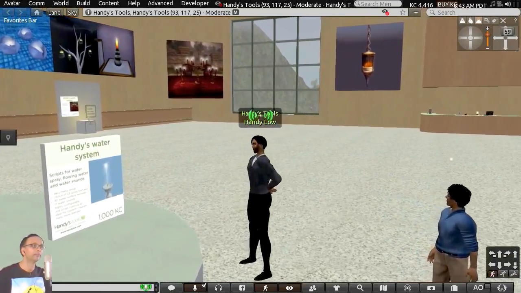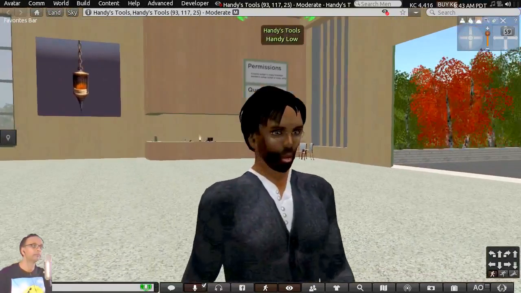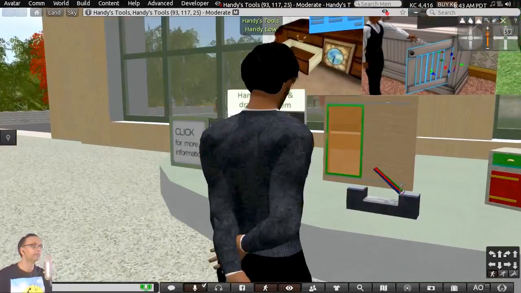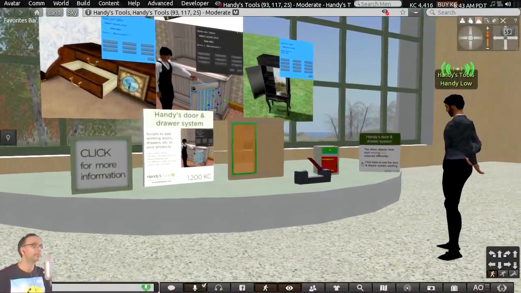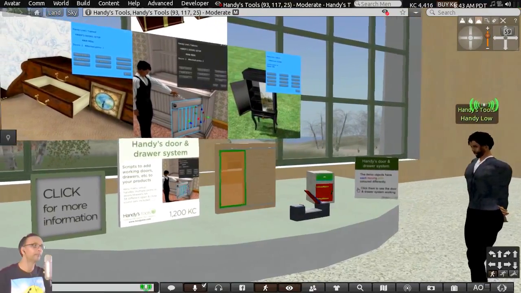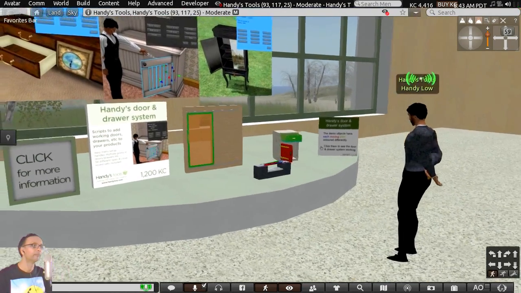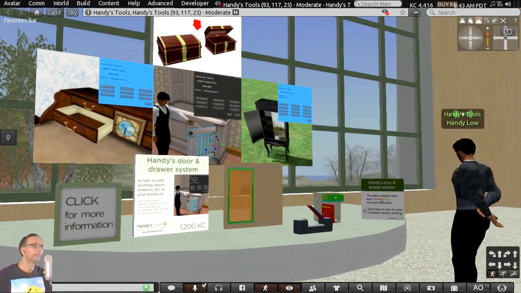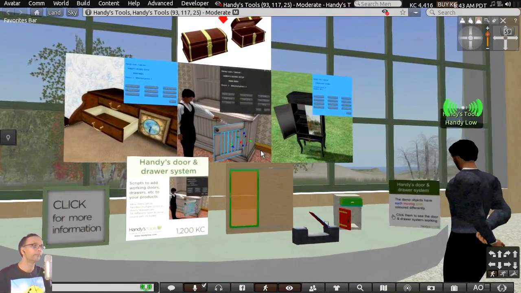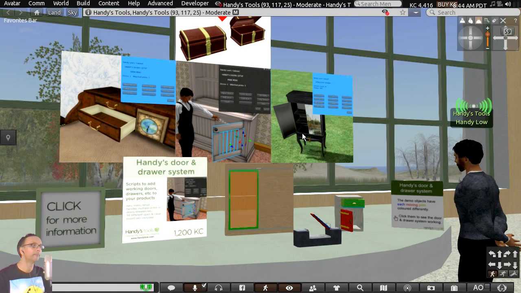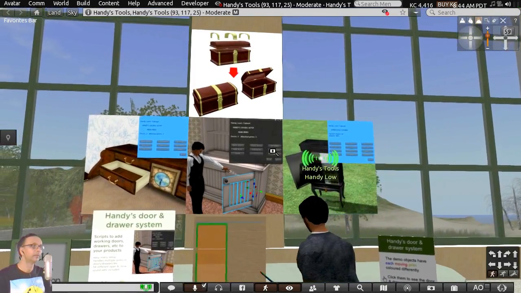So if we could look over here, I was mentioning doors and things, something like this, a door script. There are plenty of them for free, and if I can show this one, opening and closing doors here. And even this bridge that's animated, all done with the same system. There are door scripts which can do this kind of thing quite simply, and you just need to hack the scripts and put in the positions and angles of the door open and closed. But even that, I say just, is actually quite complicated for people to do.